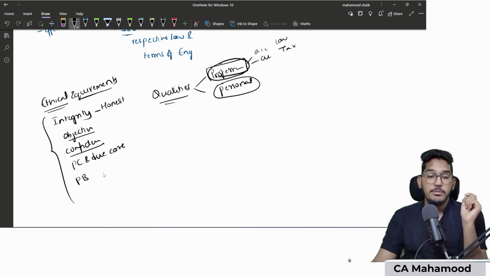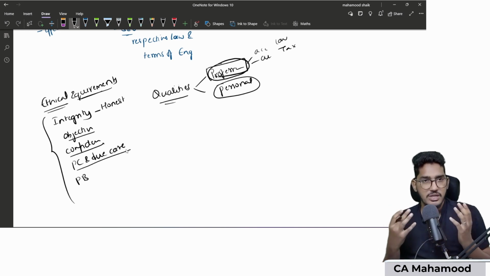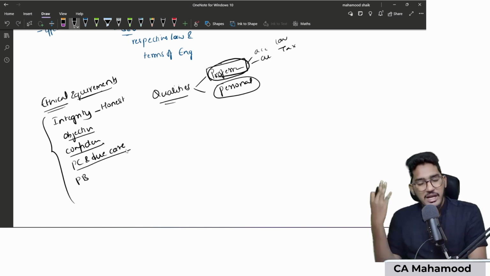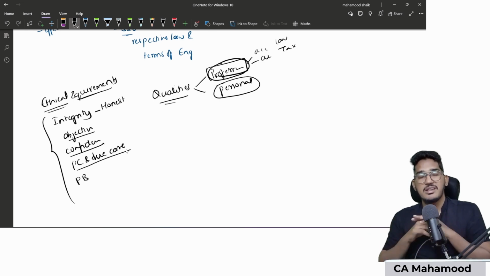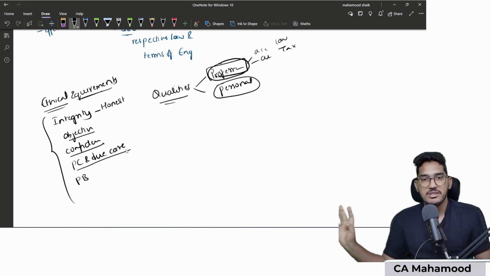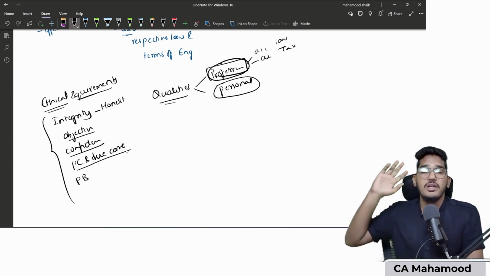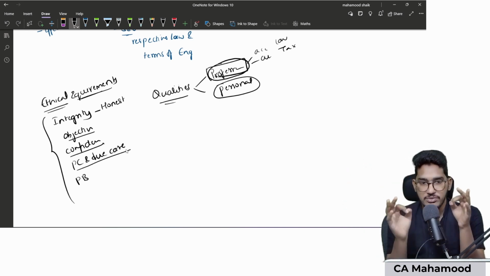Fourth ethical requirement, professional competence and due care. Our profession deals with subjects which require continuous updating. Every year, the finance minister comes and presents the budget on February 1st. Tax laws undergo changes. Once in a while, the GST council will meet and release a circular, and indirect tax laws will undergo changes. Sometimes laws are scrapped altogether and a new law is introduced. Like the Companies Act 1956 was scrapped and the Companies Act 2013 was introduced. All the earlier indirect tax laws were scrapped and a new indirect tax law, GST, has been introduced. So being an auditor, we deal with subjects